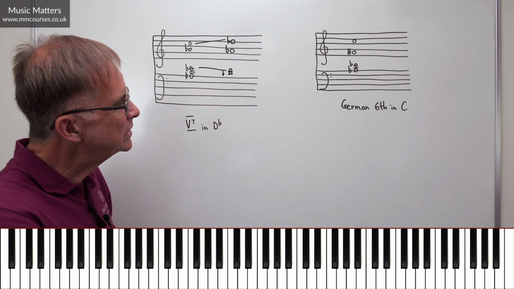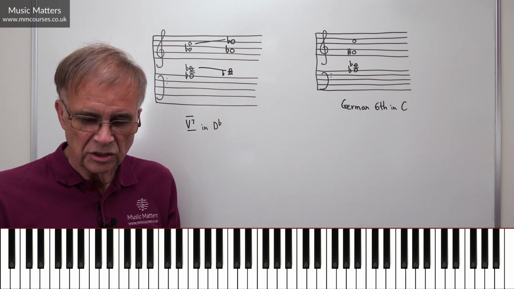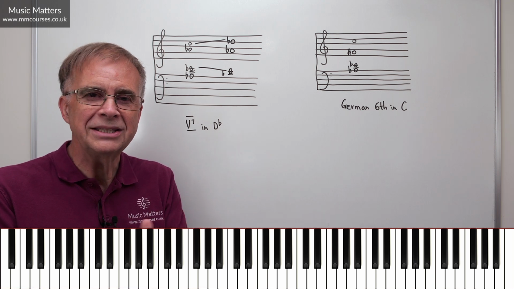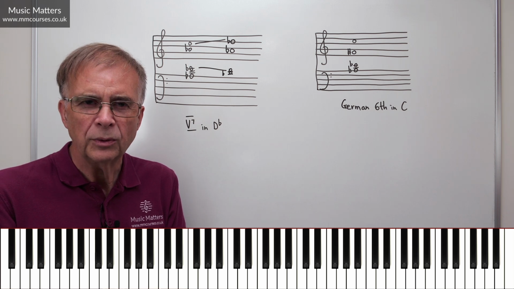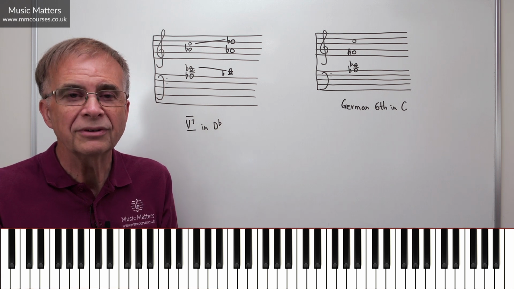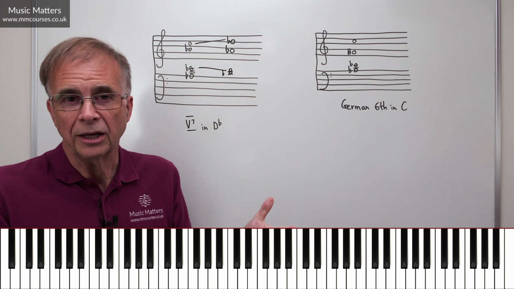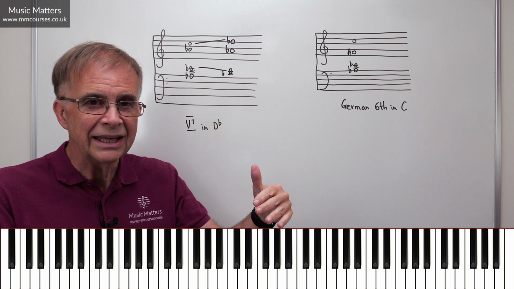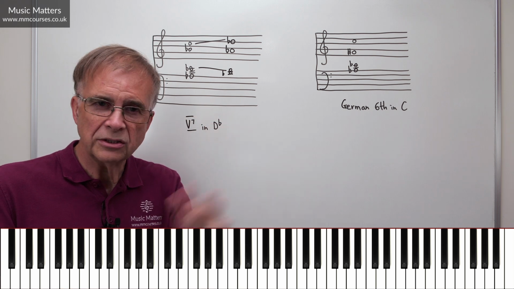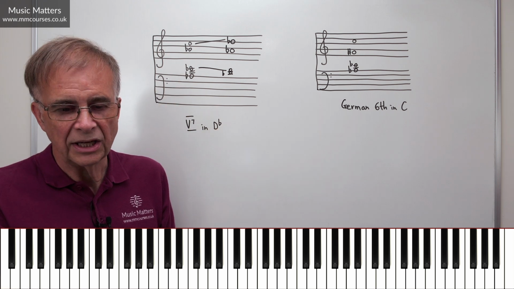Okay, let's have a look at this German 6 in the key of C then. Now, what are the conventions about what we do with this? When we resolve one of these augmented 6 chords, where do we go with that? Well, the augmented 6 chords tend to progress to chord 5. They're known as predominant chords. Or sometimes they go to chord 1 in second inversion before they resolve to 5. So you either go straight to the dominant chord, or you go to 1 in second inversion, and that in turn takes you to the dominant chord.